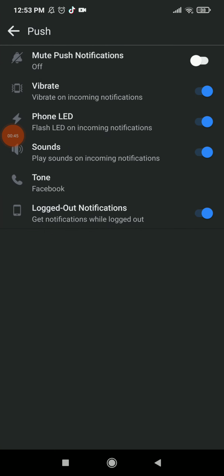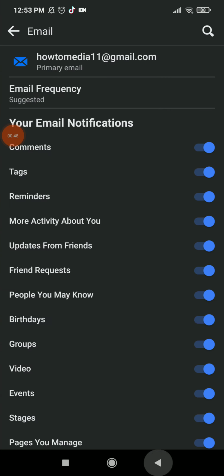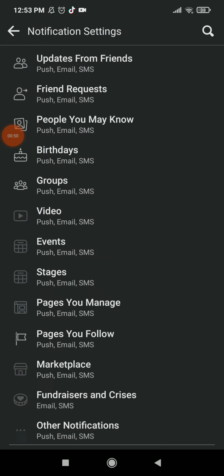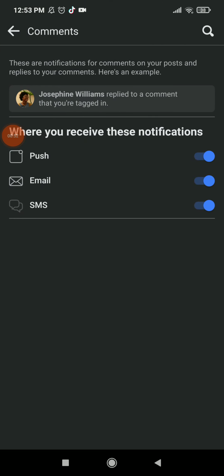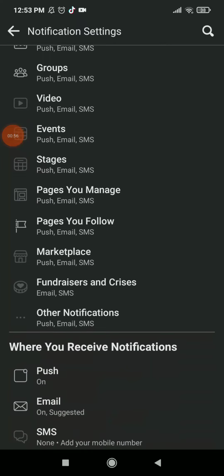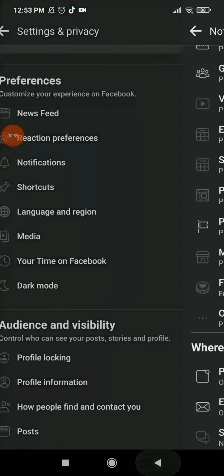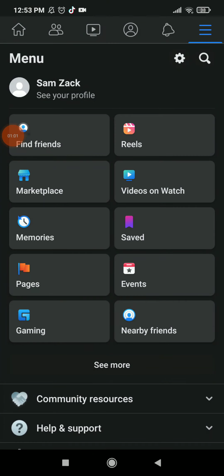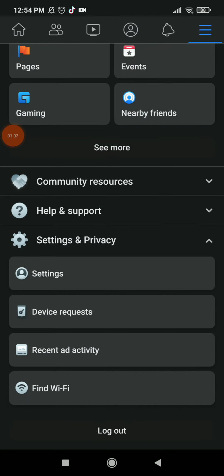For example, this one, make sure that they are all on if you want notifications, of course, on your Facebook. And this is it. If this does not work, all you need to do is go here, click on help